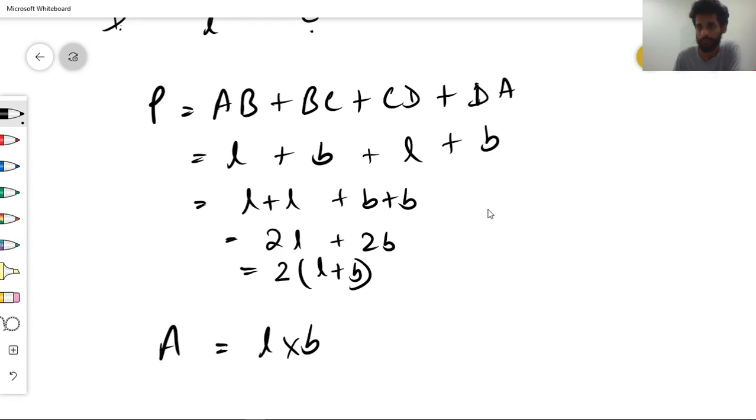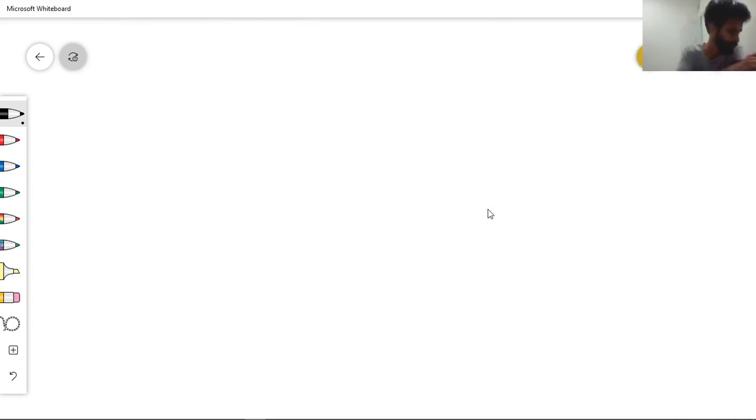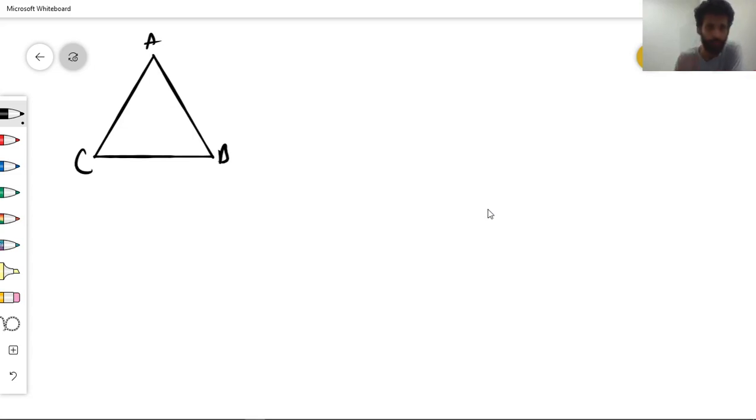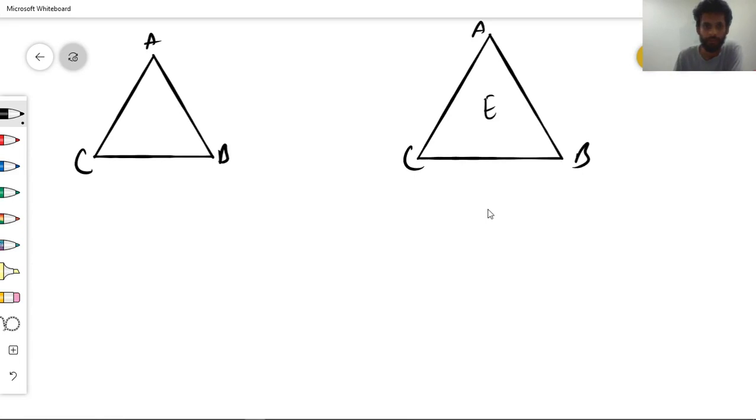Now comes a triangle. Now the triangle is A, B, C. A triangle does not have any special properties, but there is one triangle, that is the equilateral triangle. A, B, C. Now this is the equilateral triangle. This is a normal triangle where the sides are A here, B here and C here. All the sides are different, but this has all the sides equal, that is A.